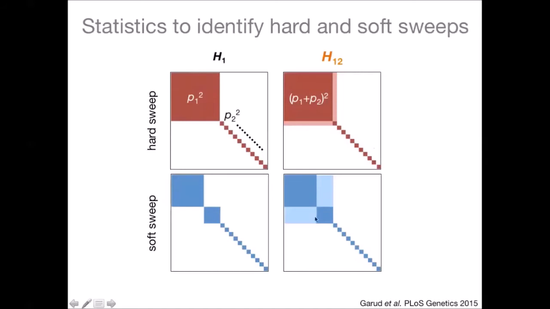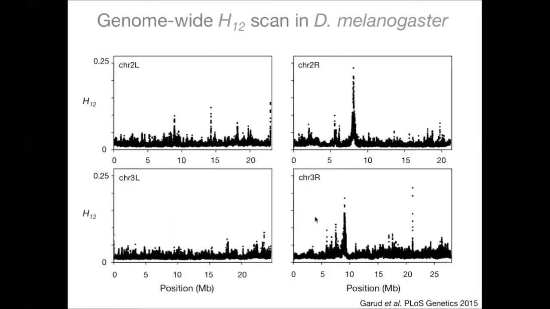And so we then applied this statistic to the Drosophila Genetic Reference Panel, and here are the results of that scan. Here are the 4 autosomal arms. On the y-axis, I have H12. On the x-axis, I have the position. And then each dot represents H12 measured in an approximately 10 kb window, or about 401 SNPs. What we see at first glance is that there's a lot of structure in the data. So we first excluded regions with low recombination, but that left a lot of structure still. And so we wanted to know what else could be generating this structure.